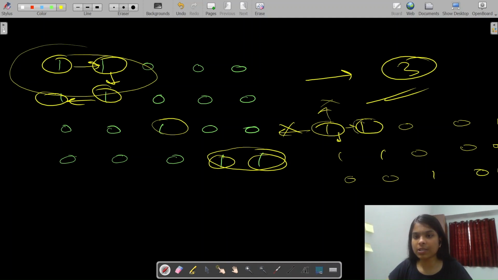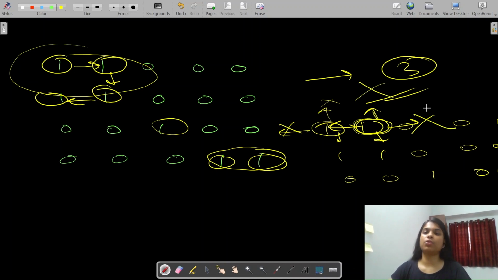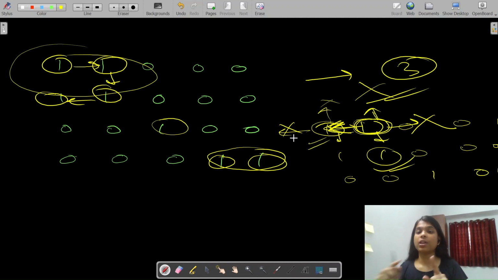Then from this land, you can go to this land, this side, and this side. But this is not land, so we will not go here. This is not a valid condition, so we will not go here. And this is a land, so we will also visit it. But in this case, it will try to go to the position from where it had come. So here comes the picture in which we need to check whether the land is already visited; if so, we will not visit it again.